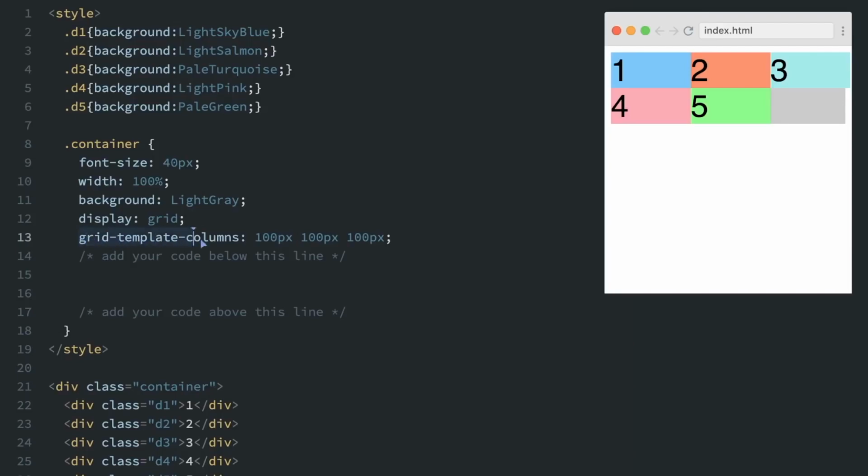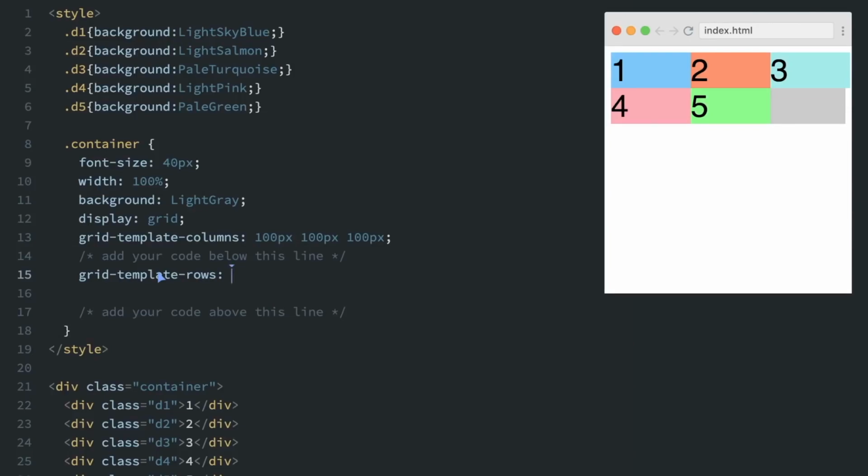So here we have grid template columns, which we already learned about, which sets the number of columns. Now we want to set the exact number of rows. Right now the rows are just determined automatically, but if we know exactly how many rows we want, we can use grid template rows. So to solve this challenge, we just have to add grid template rows, and then just like grid template columns, the number of numbers are the number of rows,